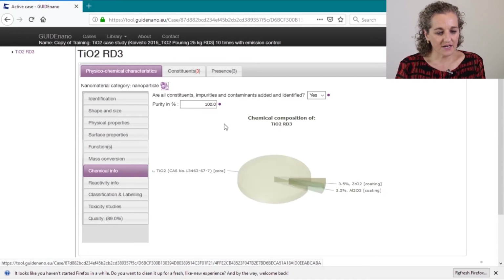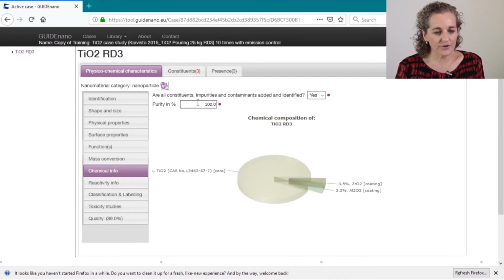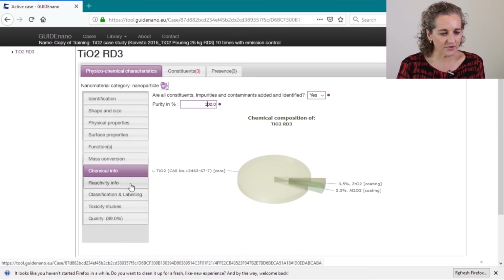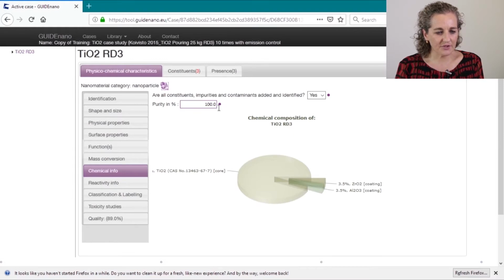Then when you go to the chemical info, here you can define the impurities, or whether the purity of your material is 100%. So here you have yes or no for the impurities and contaminants, and then for the purity of your material, you can type the purification number. Here we have the purity of titanium dioxide as 100%, and then we have defined 7% of